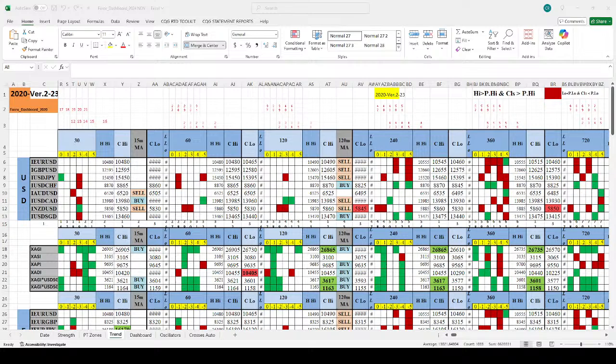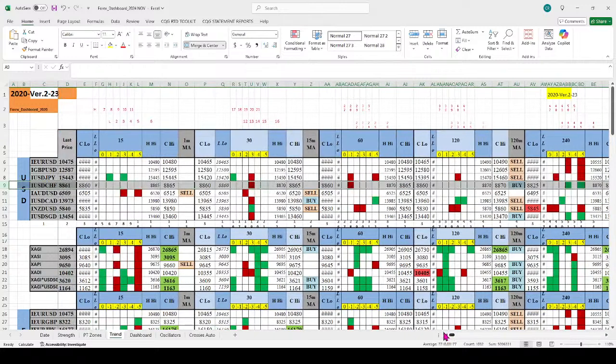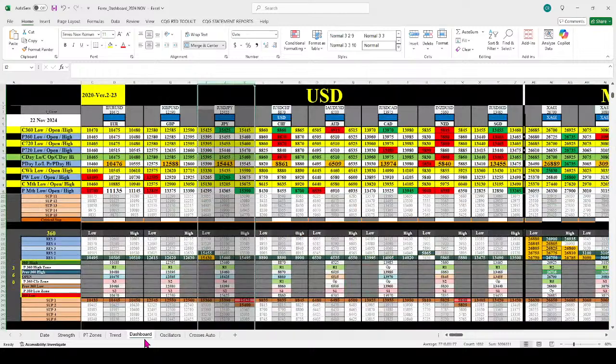Now if you look at dollar Swiss, it is showing some weakness on the 60-minute chart. We are seeing one red and 30, and the rest is literally flat. In other words, the market is within the range of the 60-minute, or at most the 120. I don't have to see a higher time frame, or if you want, we can see the 240 chart. That's the maximum.